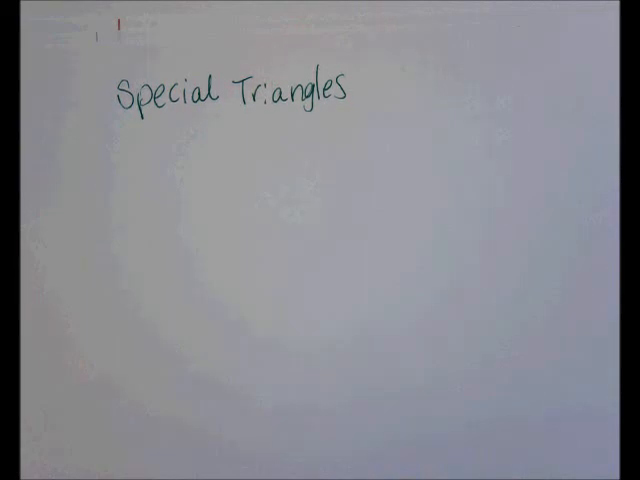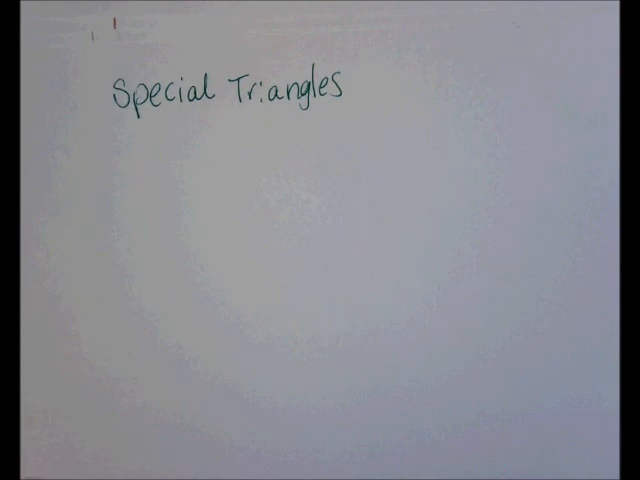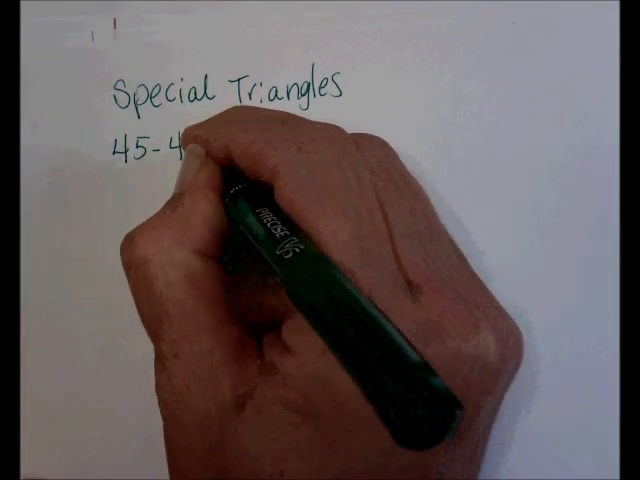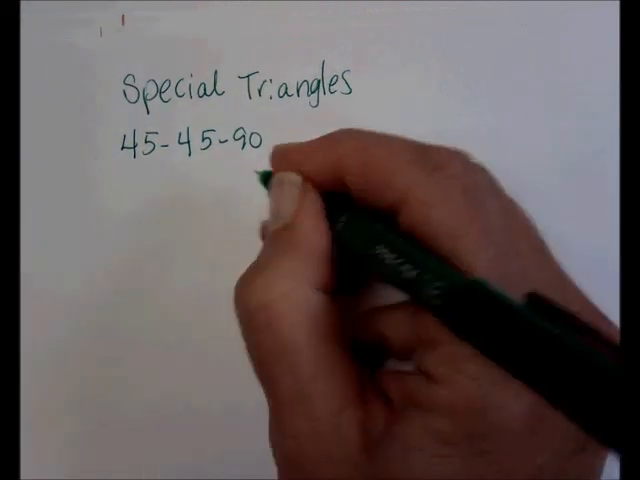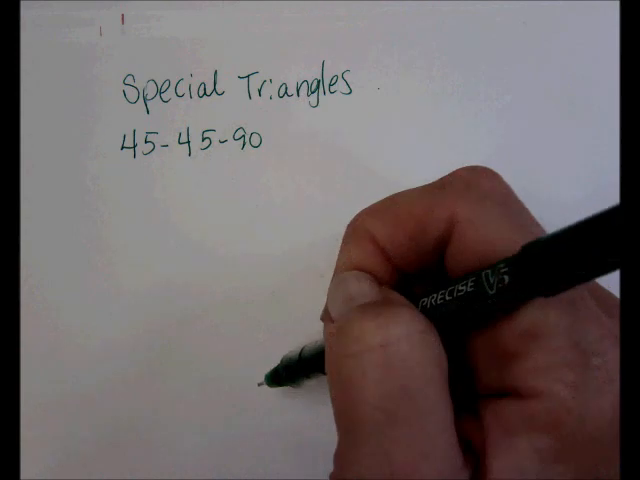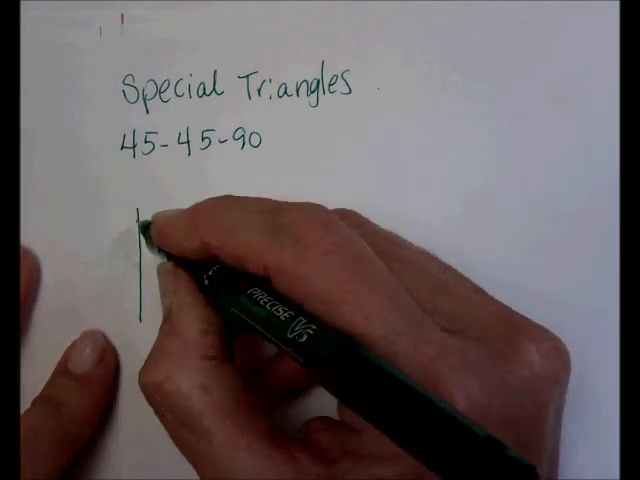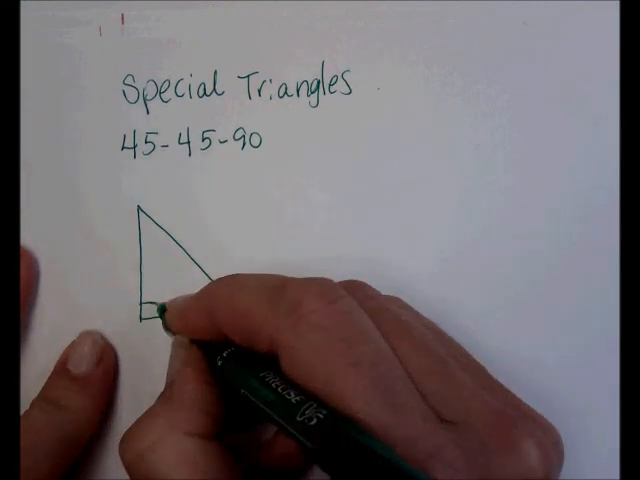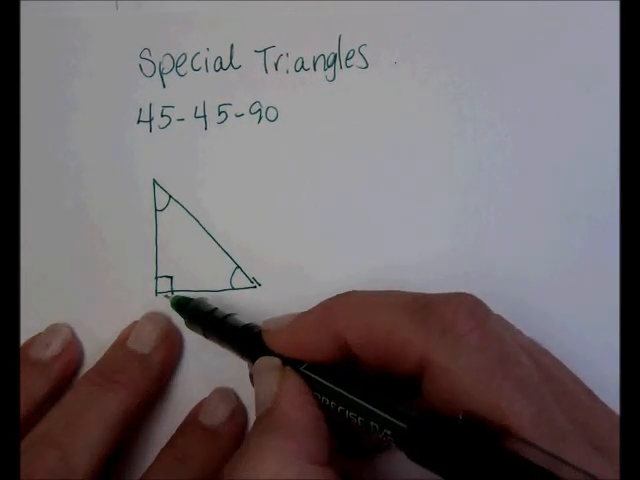Hi students, today we talked about special triangles, and the first triangle that we talked about was triangles that are 45, 45, 90. So already we know it has a 90 degree angle, so it is a right triangle, a special kind of right triangle. And this special right triangle looks something like this, where this is my 90 degree angle,